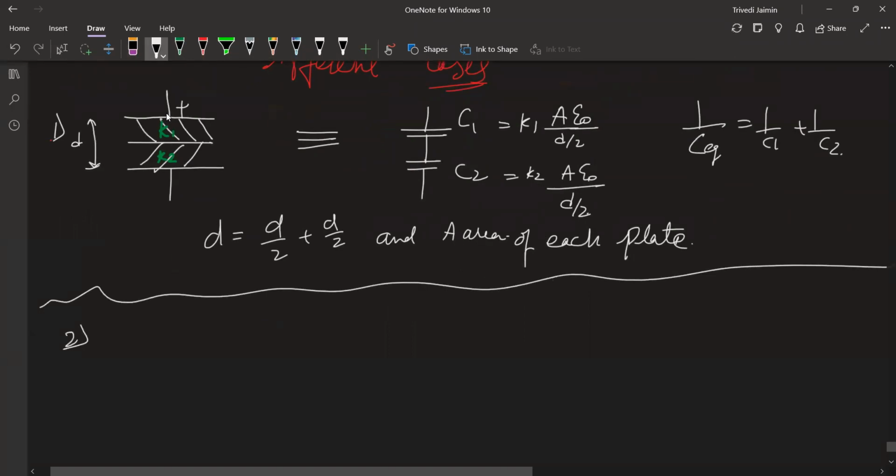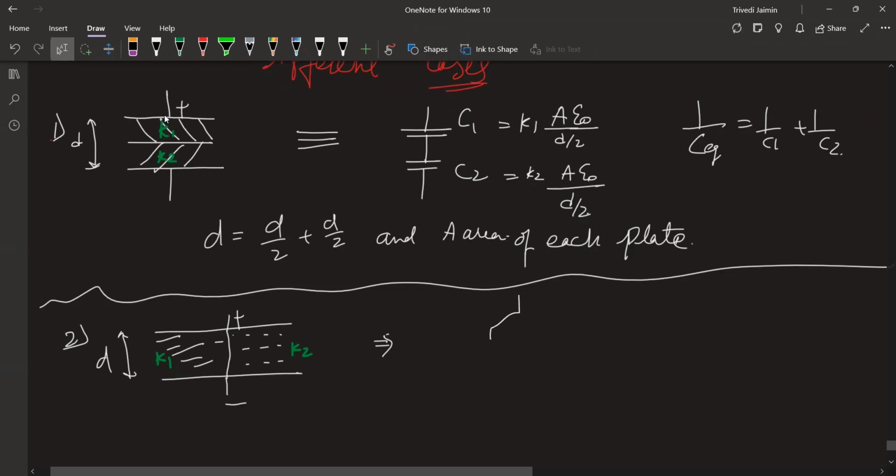Second, if the dielectric is kept this way, K1, K2, plus minus, distance apart, which is equal to this. This is C1, C2